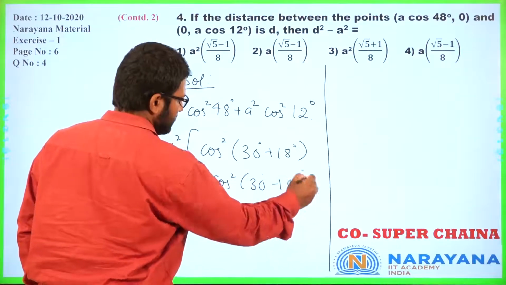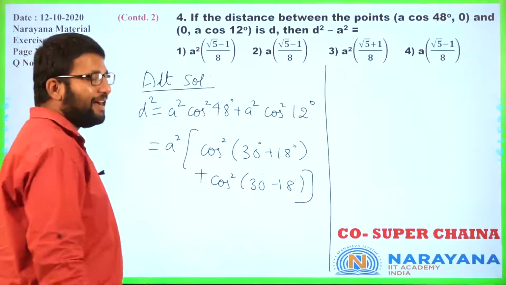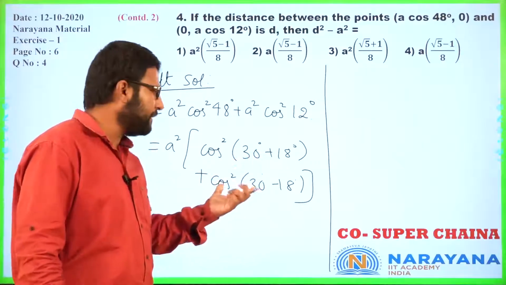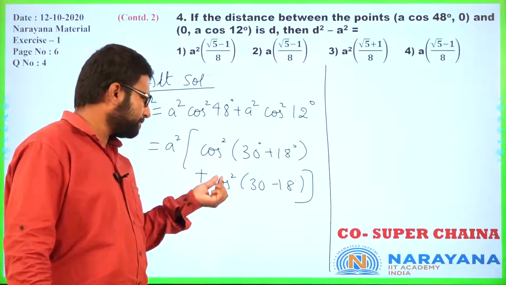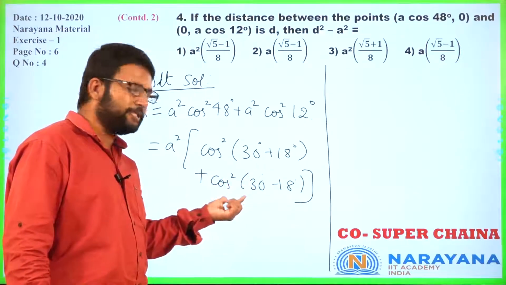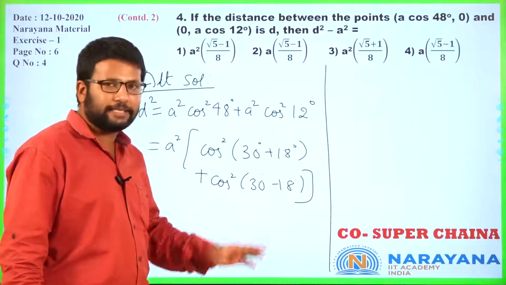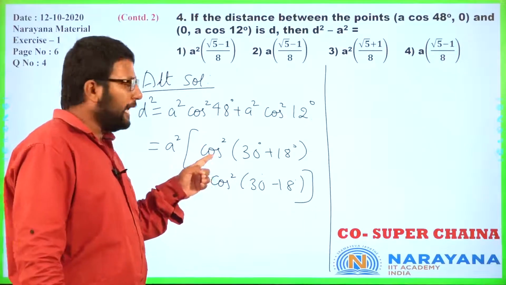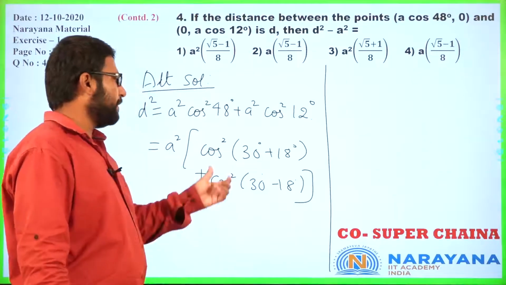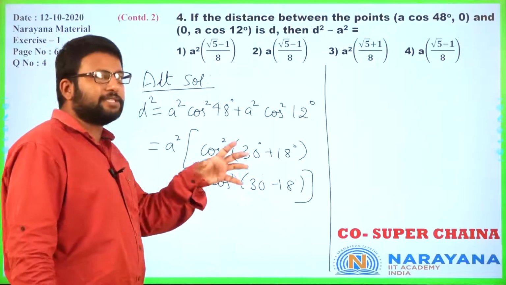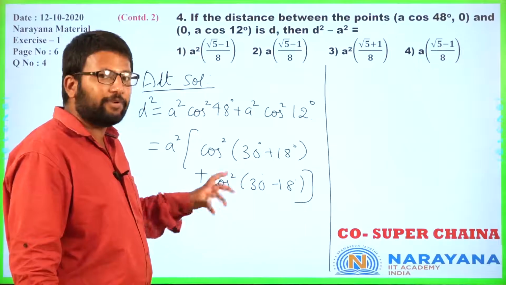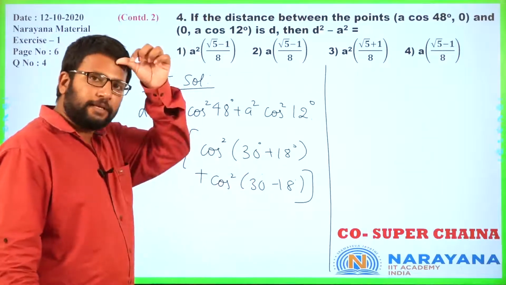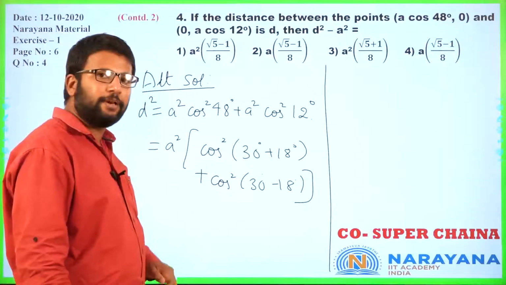Now, you have the formula for cos of A plus B as cos A cos B minus sin A sin B. Similarly, cos of A minus B is cos A cos B plus sin A sin B, right? If you use that formula and expand this, because of the plus and minus, some terms will get cancelled and the rest of the terms, for all those terms, you know what to write. Can you visualize this, which terms will remain?